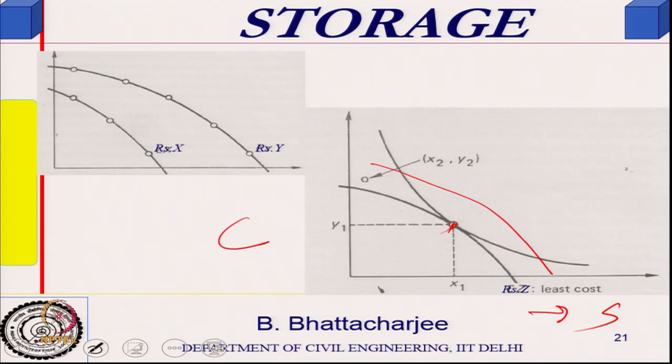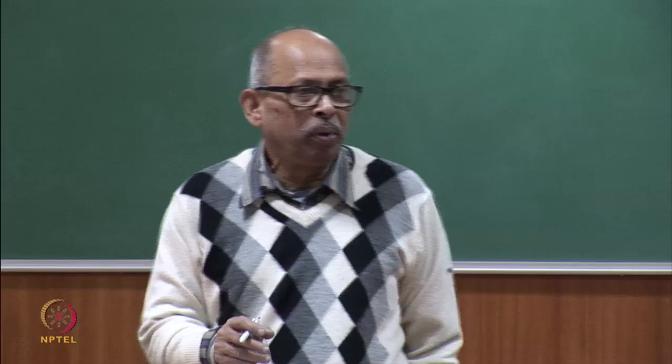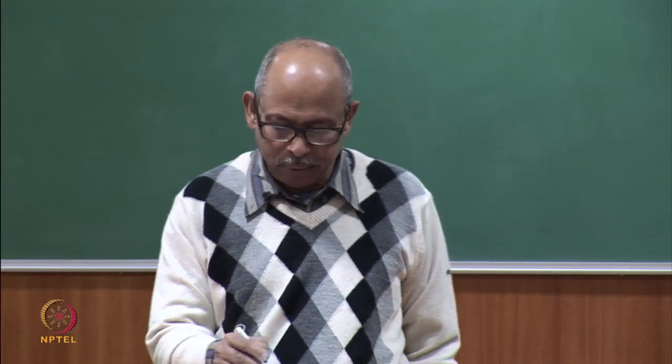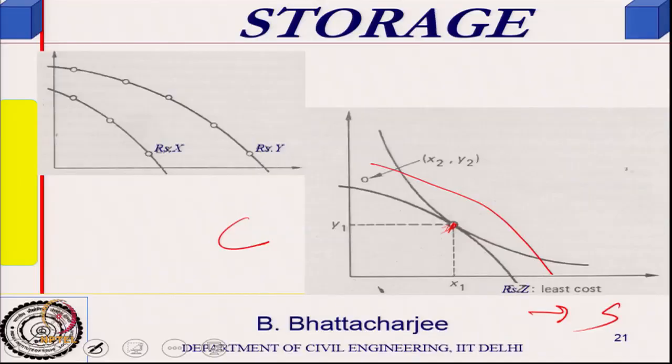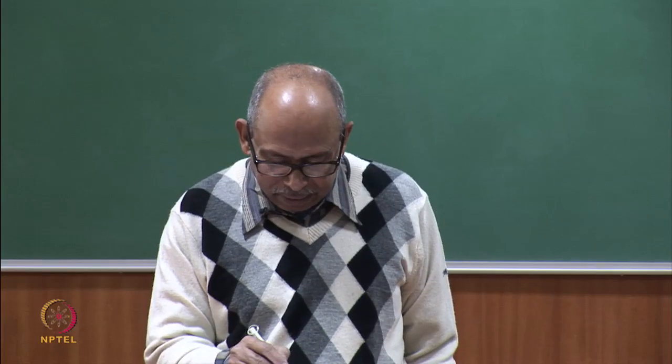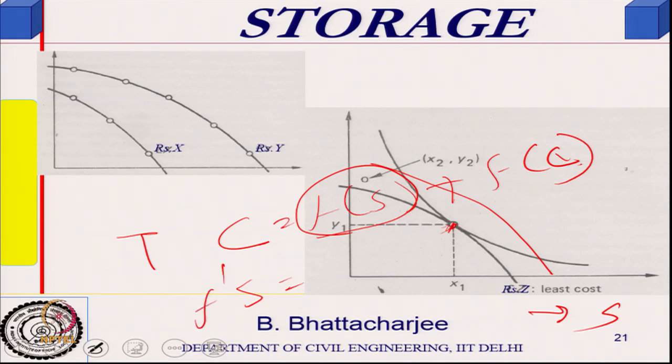So, once these are known, you can formulate this as an optimization problem and simply do an optimization. For example, you can minimize the TC if it is a function of S and C. But then these values you must know explicitly, and the relationship between C and S could be in the form of constraints, that S and C should be related in such a manner that f1'(S)